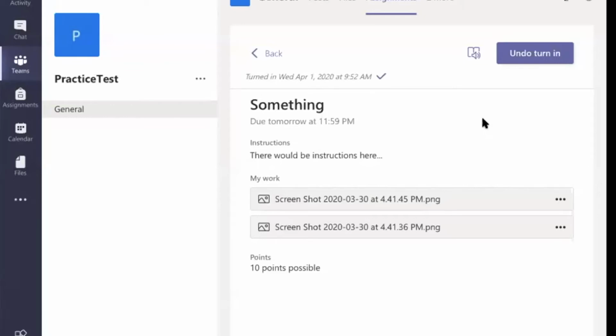Now there's a couple of you on the assignment where you had to take a picture or send me a Word document where this is what happened to you. You attached a file, but then you didn't click turn in. So if I select you specifically, I can see that there's a file there waiting to be submitted, but it's not listed as submitted. You're going to need to be uploading your files on the device that has your work. So if it's a picture of your handwritten answers or whatever you're turning in, if it's a typed document, it needs to be on the computer or the device that you are using to turn in.